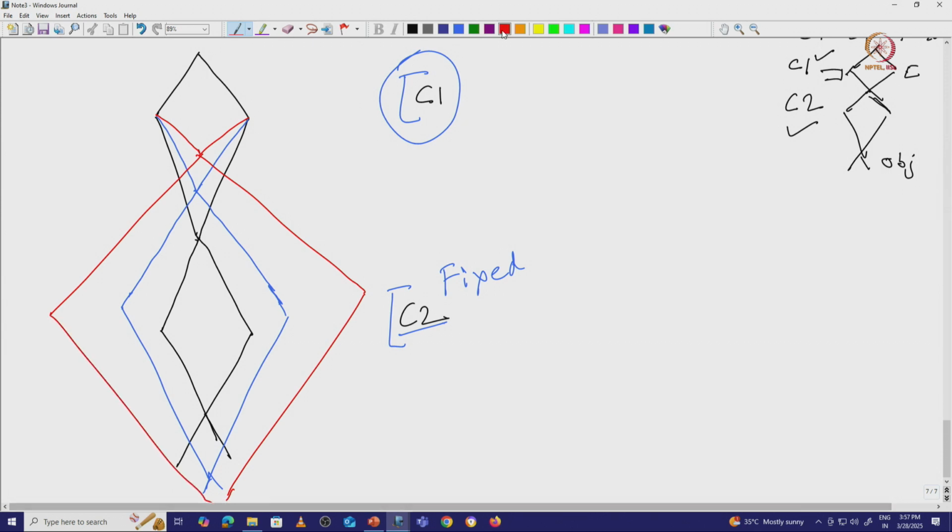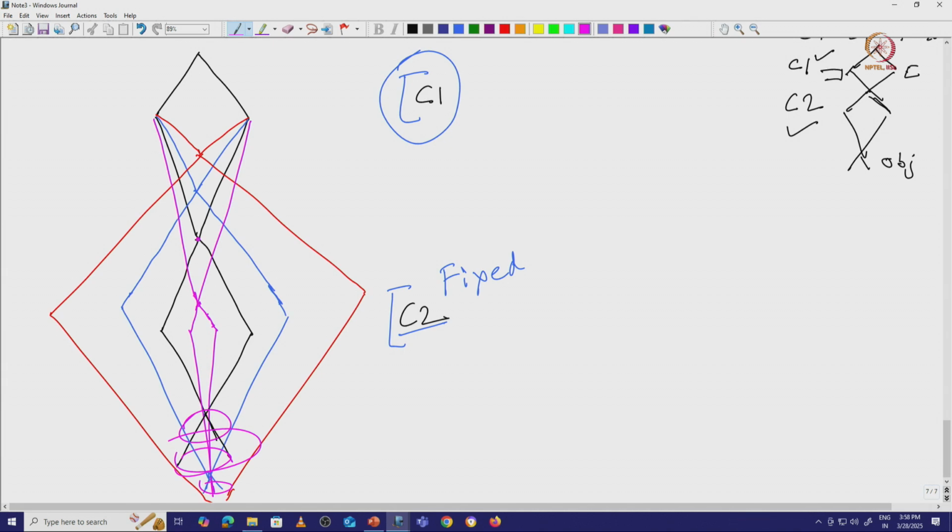One more possibility, using this pink color: if beams converge something like that, then it spreads, and then this beam will converge something like that. So now you can see that because of this fixed C2 lens, there is a change, rays are going in different directions and beam diameters are changing. But here the crossover point is also going up.